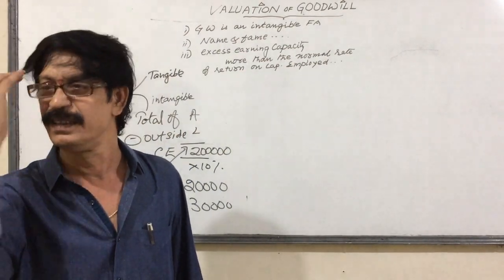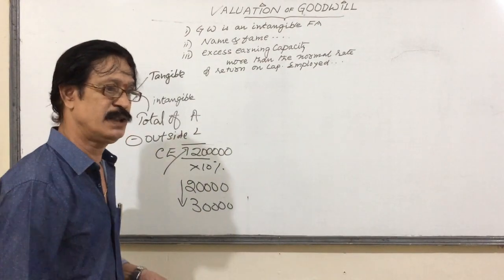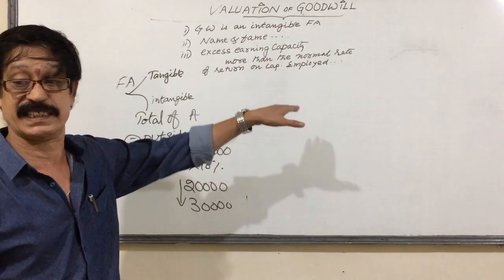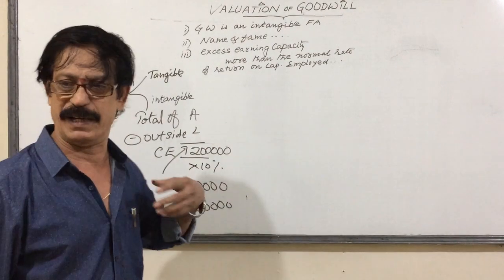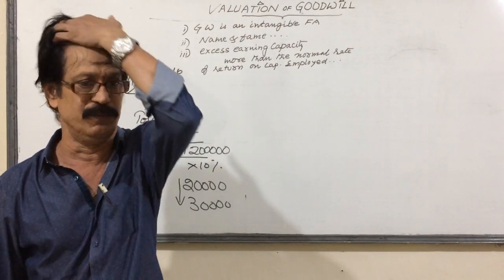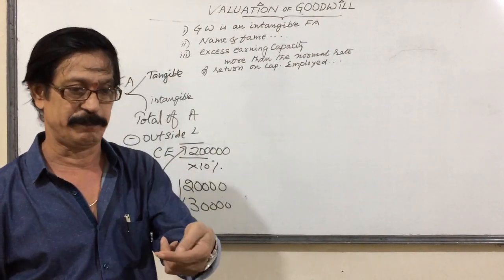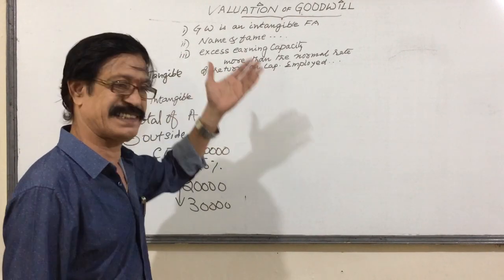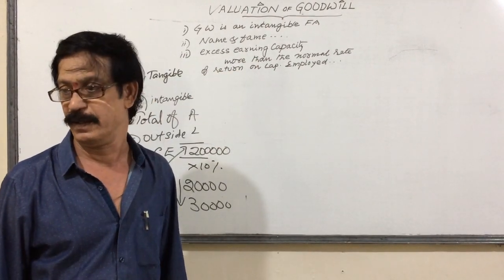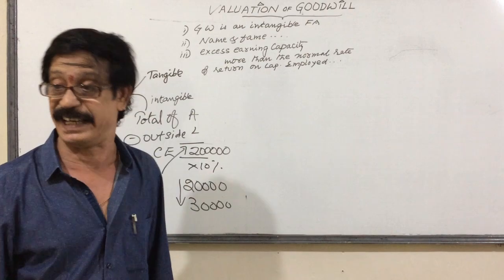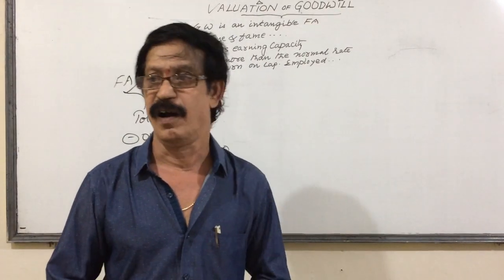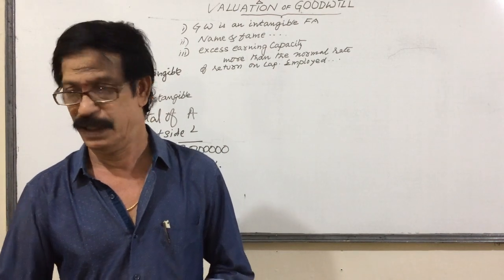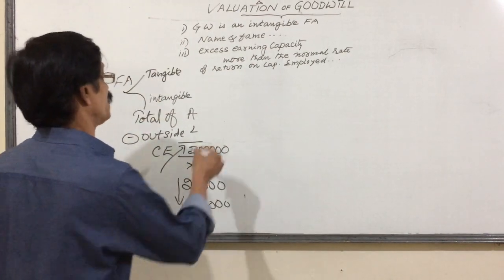Understanding or not? Well, dear students, once again, goodwill is an intangible fixed asset but not a fictitious asset, I told you. It is the name and fame, reputation earned by the firm, valued in terms of money. It is the excess earning capacity more than the normal rate of return on capital employed. Next, the goodwill is valued